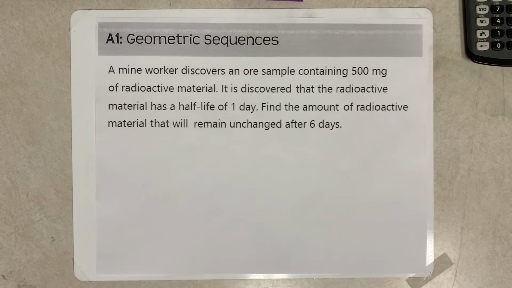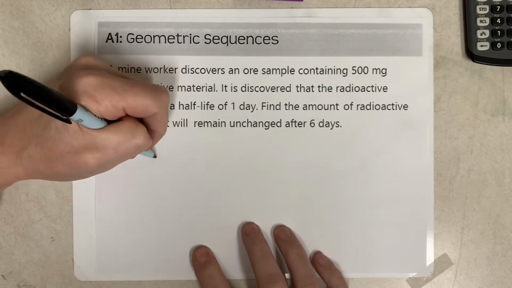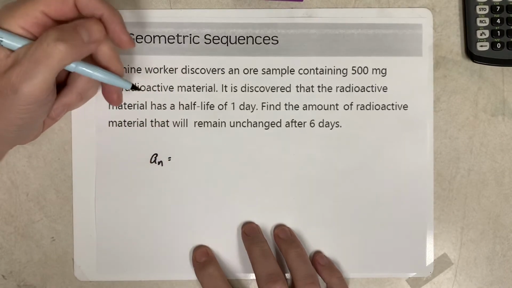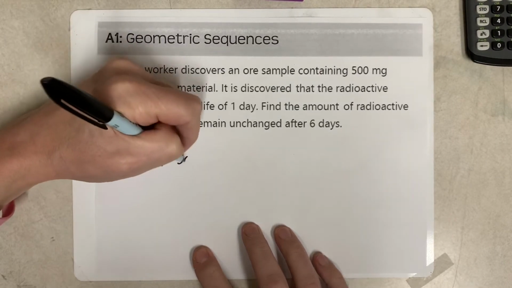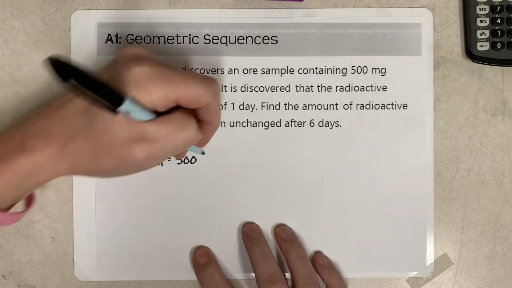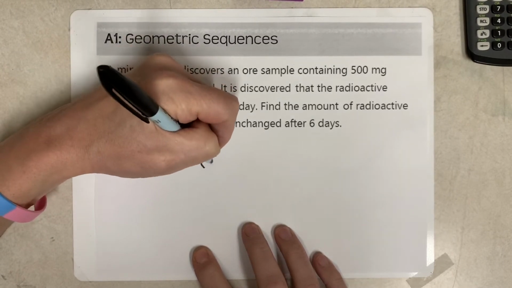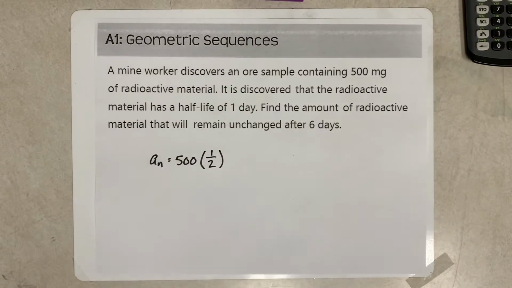A mine worker discovers an ore sample containing 500 milligrams of radioactive material. It's discovered that the radioactive material has a half-life of 1 day. Find the amount of radioactive material that will remain unchanged after 6 days. So if we want to write a geometric sequence for this, a sub n is equal to, we start with 500 milligrams, so that goes first, and then we have a common ratio of 1/2, since half of it every day is being